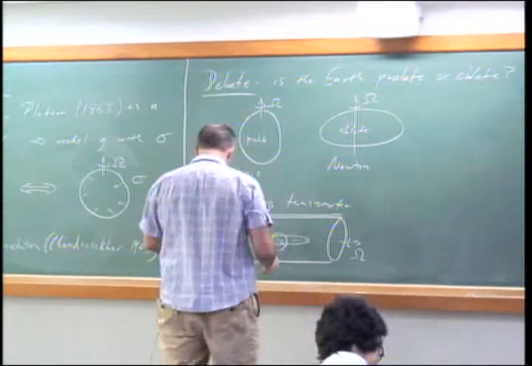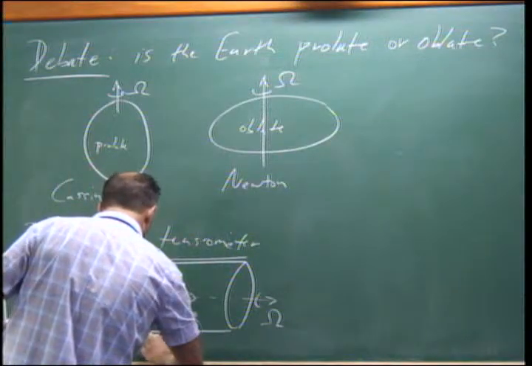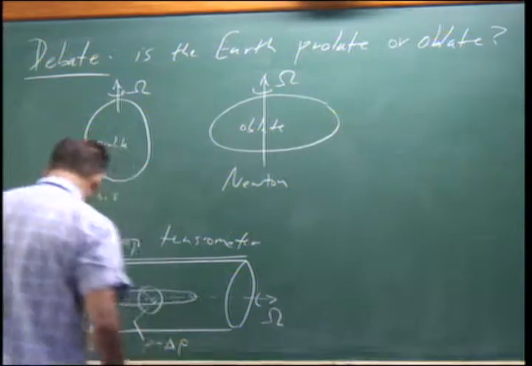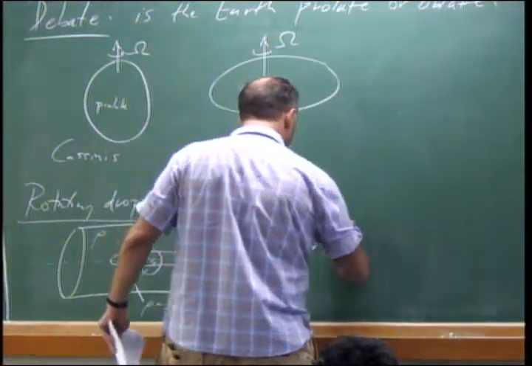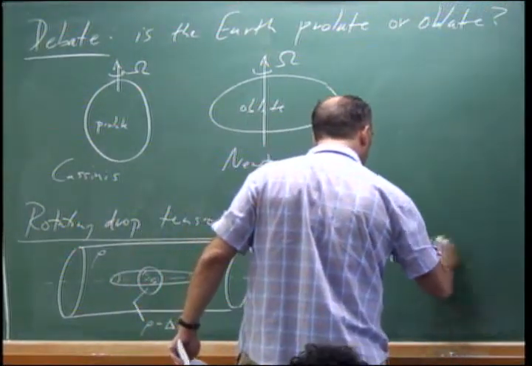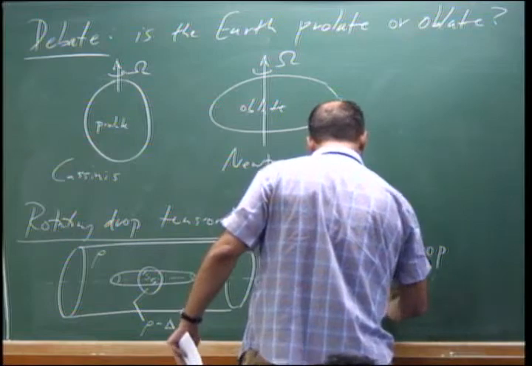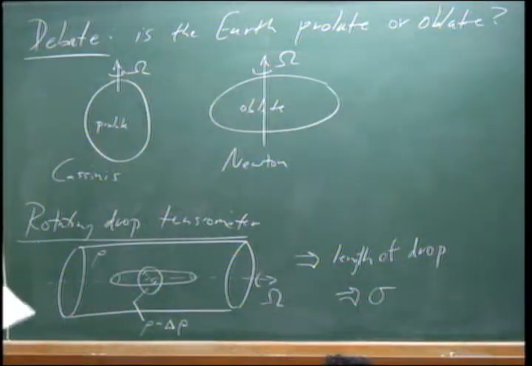Okay, so maybe I should do it slightly better. So this is rho minus delta rho. Rotation, okay, and so from the length, this gives surface tension. So this was actually the PhD work of Vonnegut, so